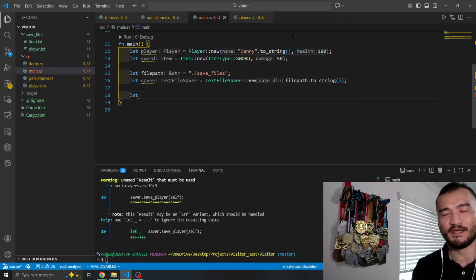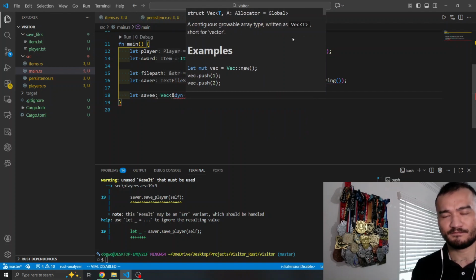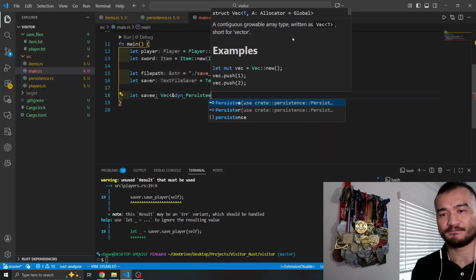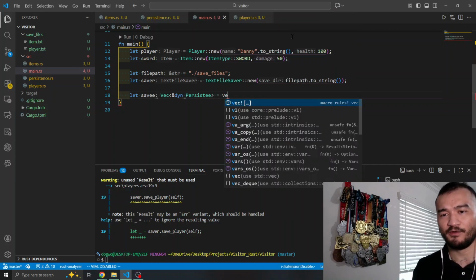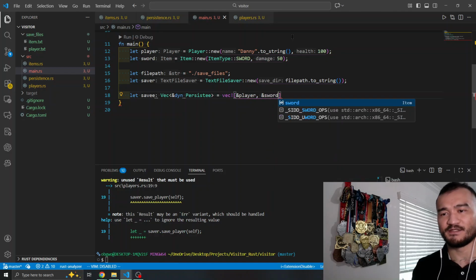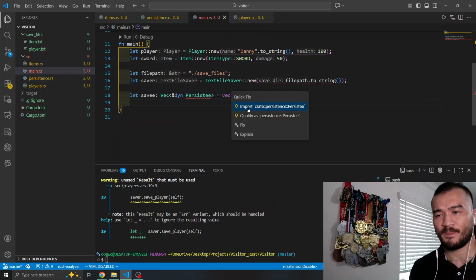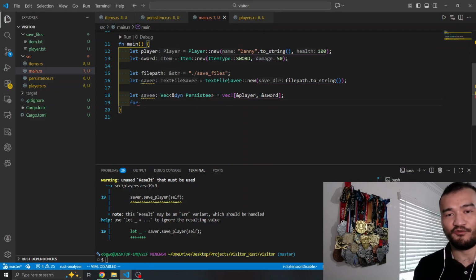Now we go back to main, and instead of doing it like this, what we can do is just say let save E, right? And it's going to be a vector of every single struct that implemented the persist_d trait. Just like that, equal vec, pass in the player, pass in the sword. So now we'll save for every save for